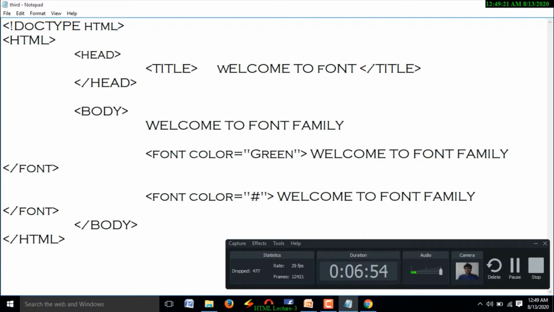For each color we need to write 2 hexadecimal digits. Suppose I would like to get red color. The highest value for red color is F. Why? Because hexadecimal value begins from 0 and ends with F. And I don't want to get any green color as well as blue color.